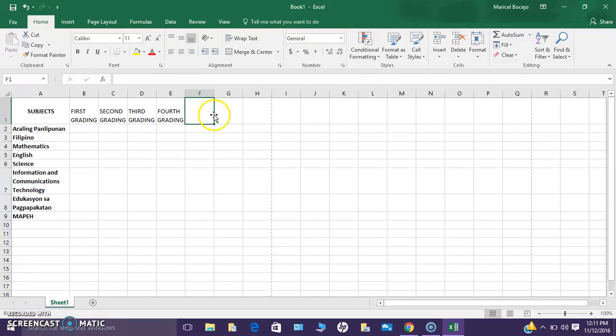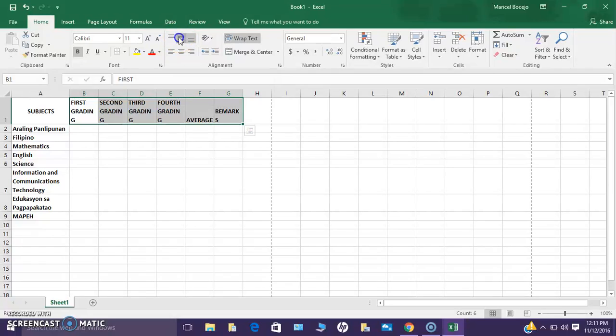After those gradings, let's now add average, so average and remarks. Just decrease the size.